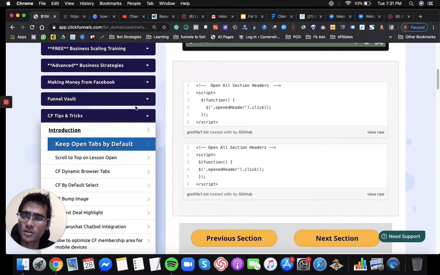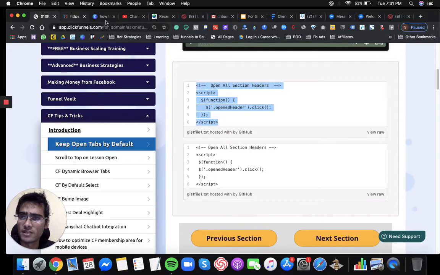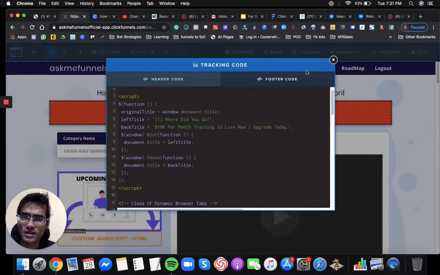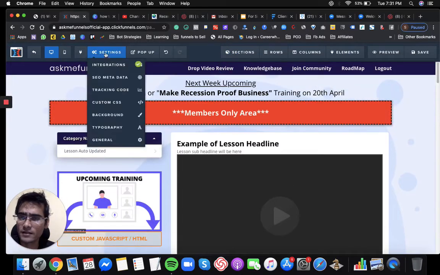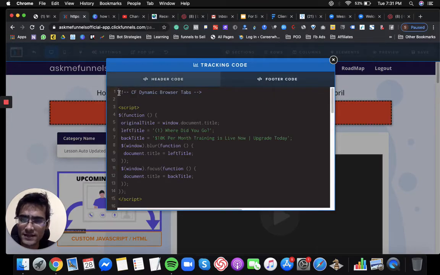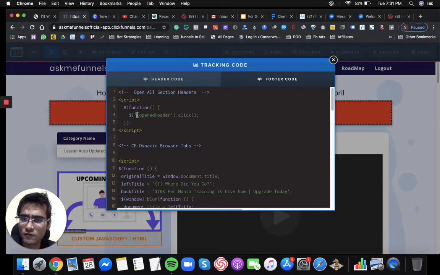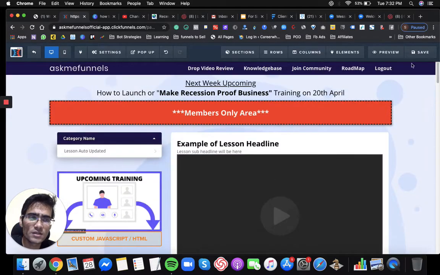the membership area, what you need to do is just copy the code from over here and navigate to your membership area editor. Click on the settings, navigate to tracking code, and under the footer section paste the code you have copied from the CF tips and tricks section. All right, after that just close this section and hit the save button